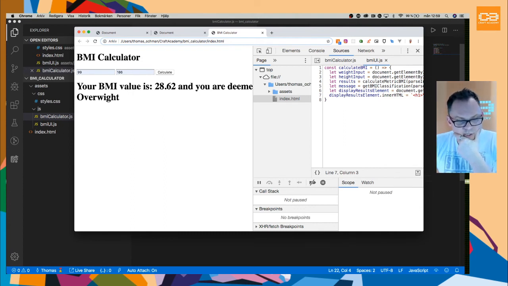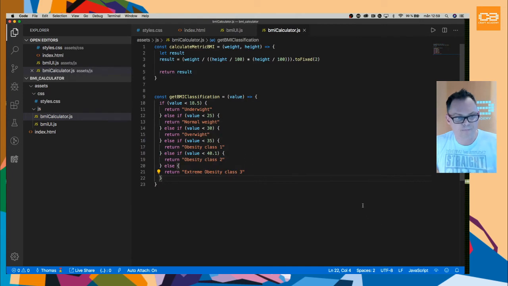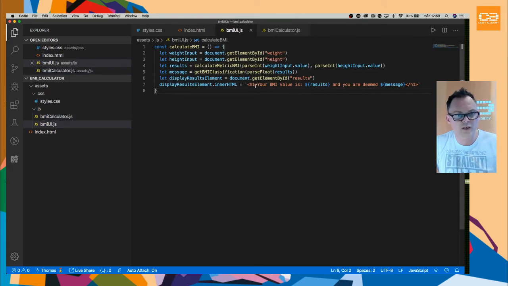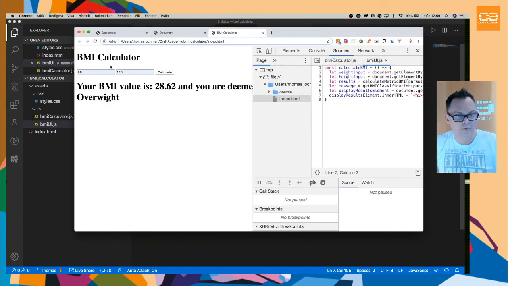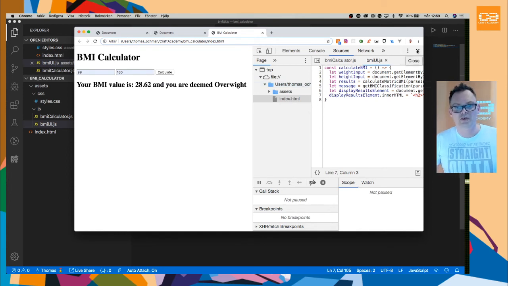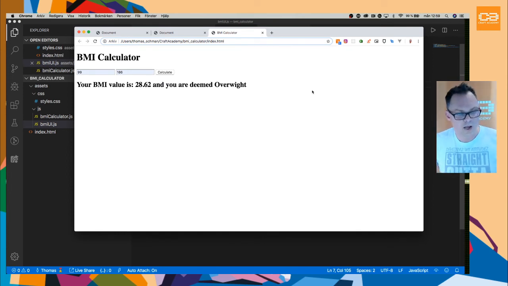Now, let's give this a little bit of look and feel. We are pretty much done with the calculation for now. We can say something like, let's see, here on the BMI UI, perhaps instead of an H1 I can do an H2 like this, and reload this again, and we can change that like this and calculate, and it's a little smaller. All right, so now I can close my developer tools, and we have our metric calculation done,